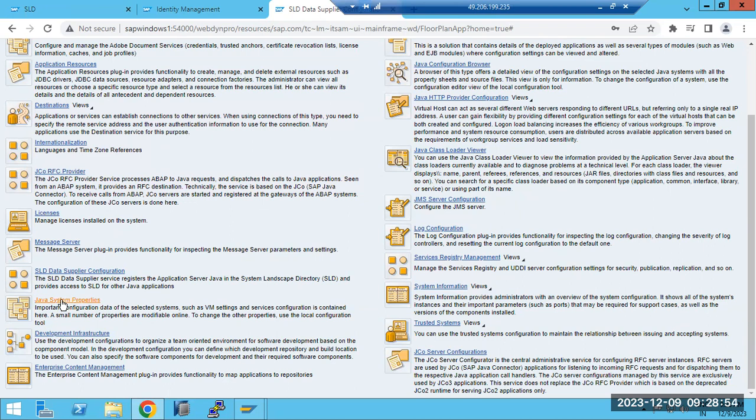Remaining are all other Java system properties. All the tabs are not very important here. Based upon the use case, we will go there. Normally we will not go and work on them daily. Only if there is a license issue will we go to the license. If there is a data supplier issue, then we will go here. Then Java system properties here. Java system properties means,